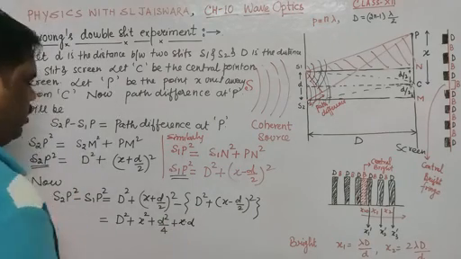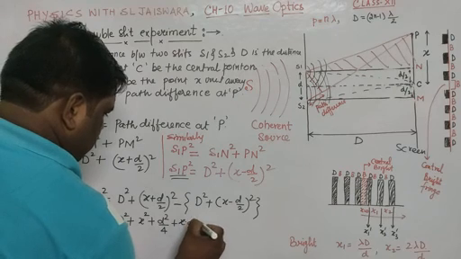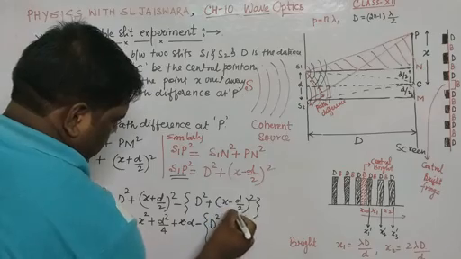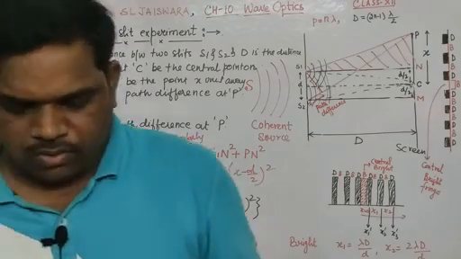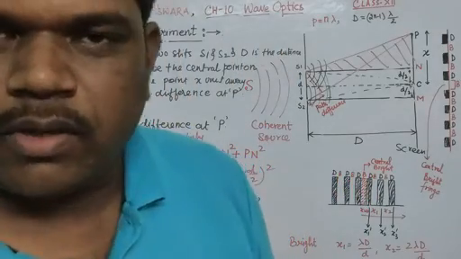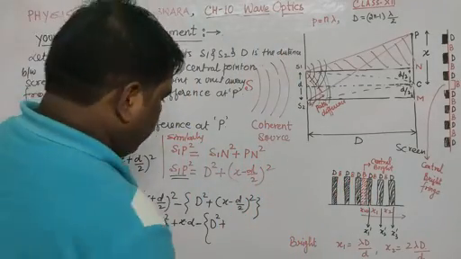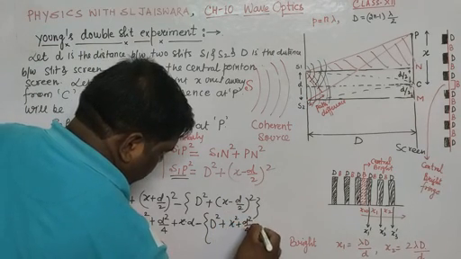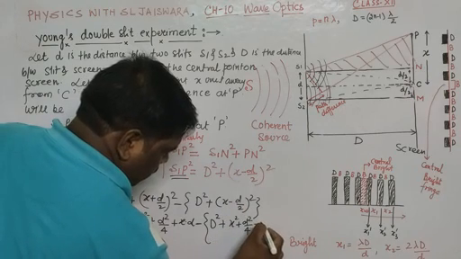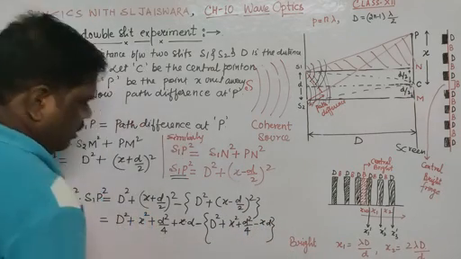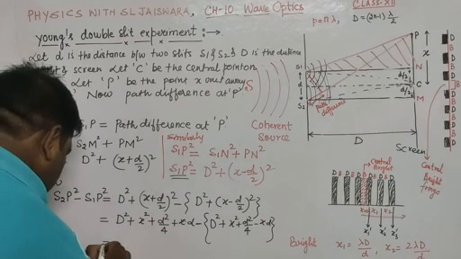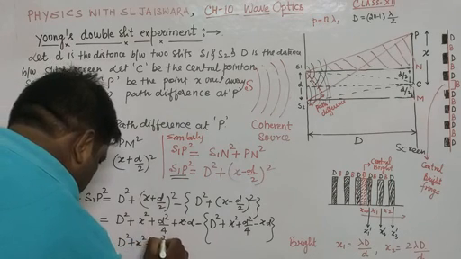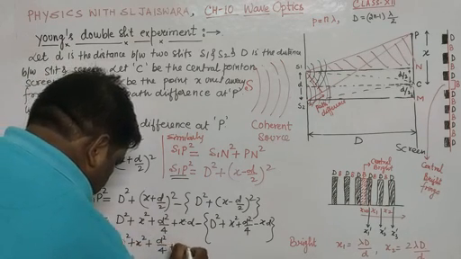Now minus, write down d square as it is, plus here again open this bracket by using the identity a minus b whole square, a square plus b square minus 2ab. So x square plus d square by 4 minus 2xd by 2, that becomes x d. Further opening this bracket, finally we get d square plus x square plus d square by 4 plus x d